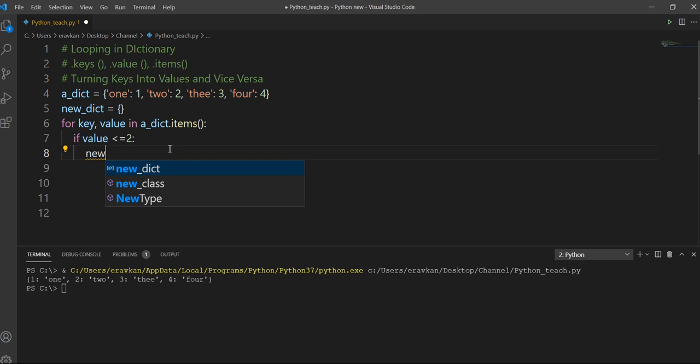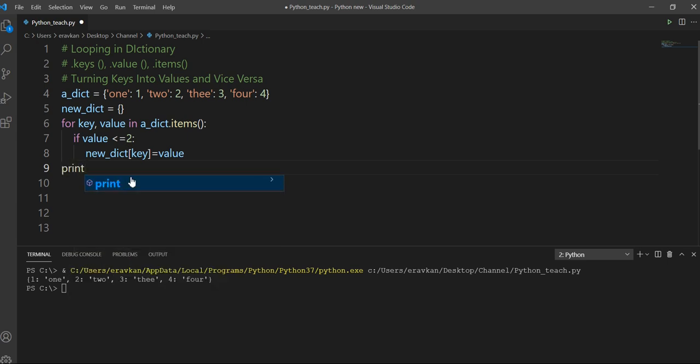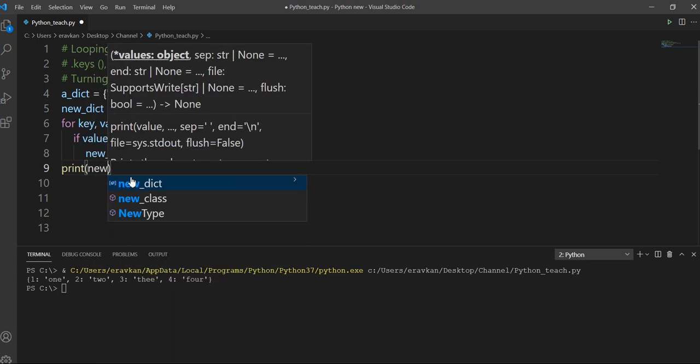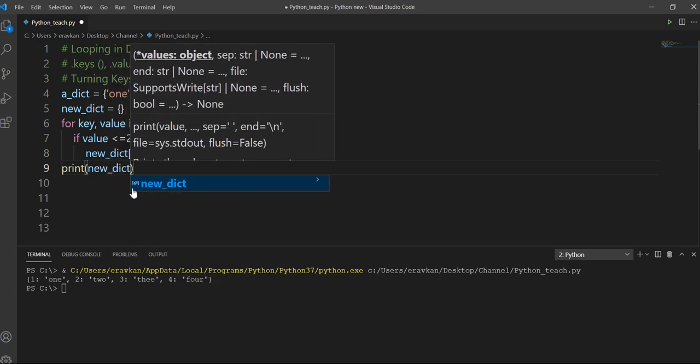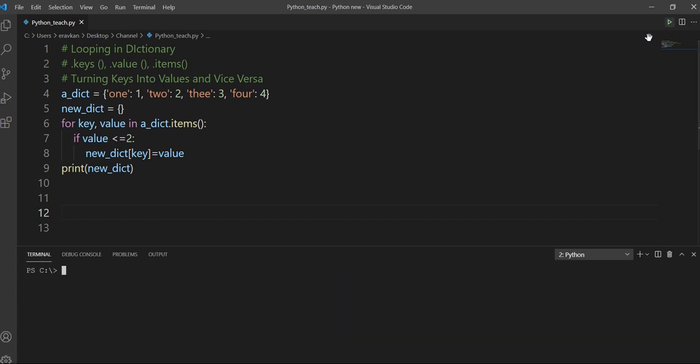Then I am taking new_dict key equal to value. In this way, I will get a new dictionary in which all the values will be less than or equal to 2. If I want to print new_dict, then I can do it. So this is one example.